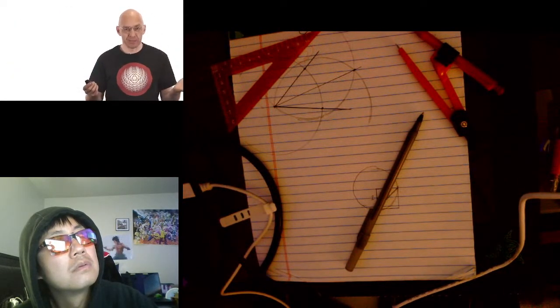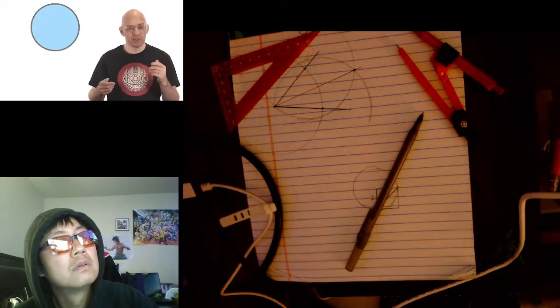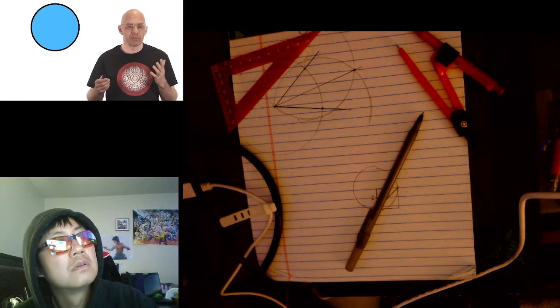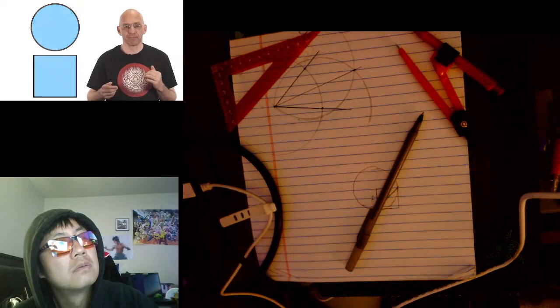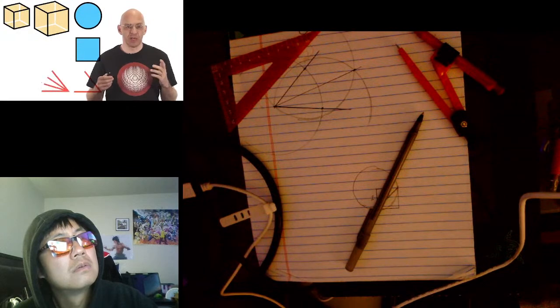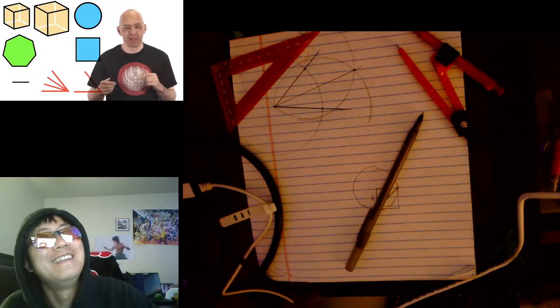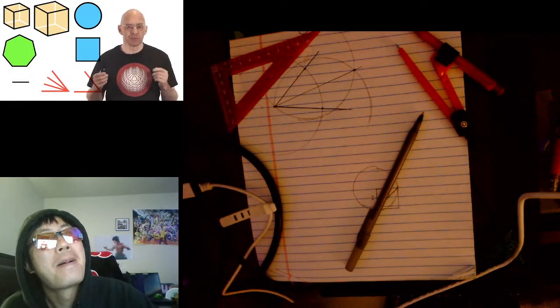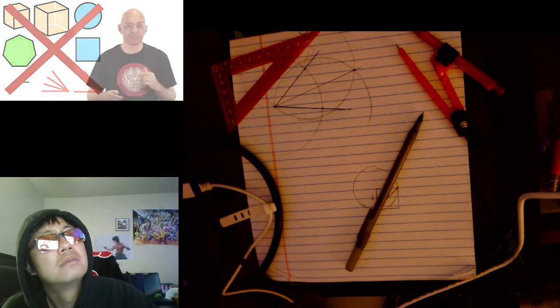Finally, most famously, and what turned out to be by far the hardest, is it possible to square a circle? That is, given a circle, is it possible to use ruler and compass to construct a square of exactly the same area? Well, as I said, it took over 2,000 years to finally answer these questions. And what's the answer? The answer is, stop trying, you're wasting your time. In the 19th century, it was proved that it's impossible to use ruler and compass to double a cube, or to trisect an arbitrary angle, or to construct a regular heptagon, or to square a circle.